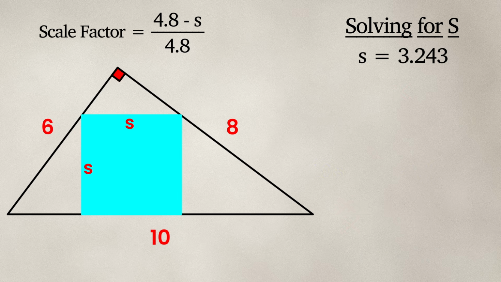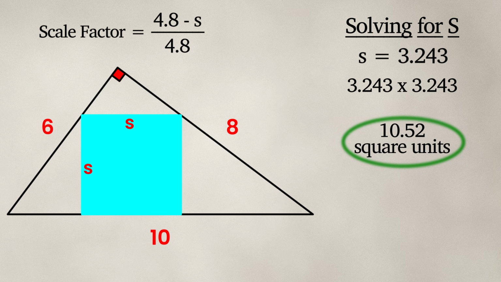Now for what we came here for, the area. So the area is simply s squared, which is 3.243 times 3.243, and that gives us approximately 10.52 square units. And there's our answer. The blue square has an area of approximately